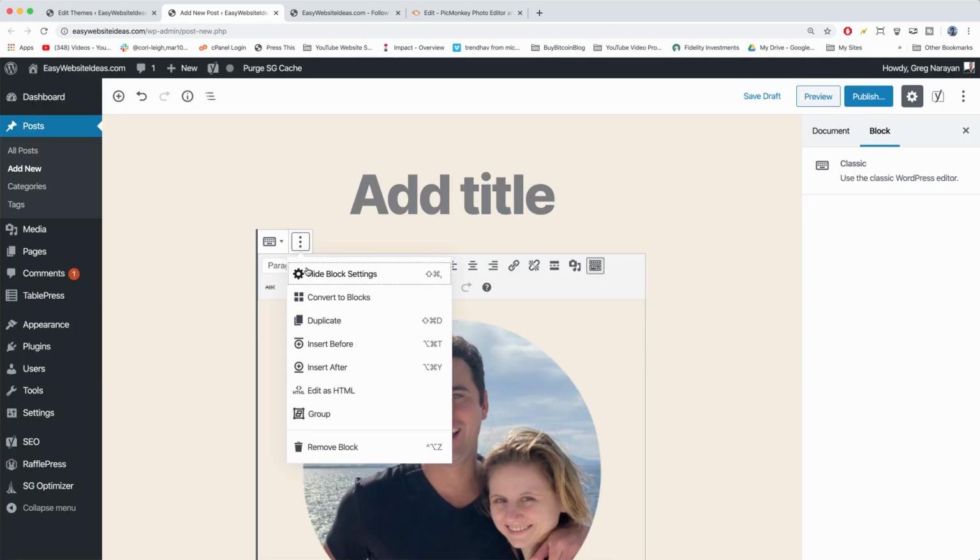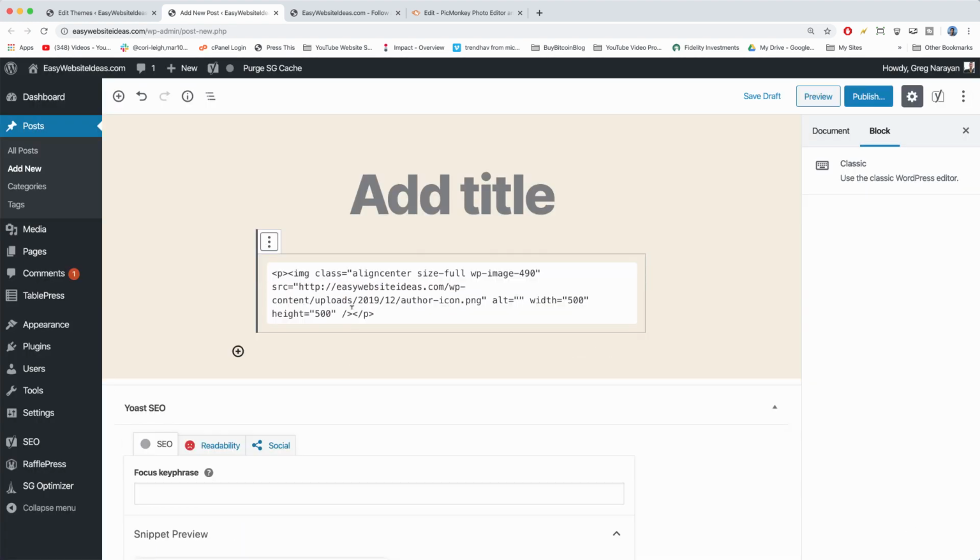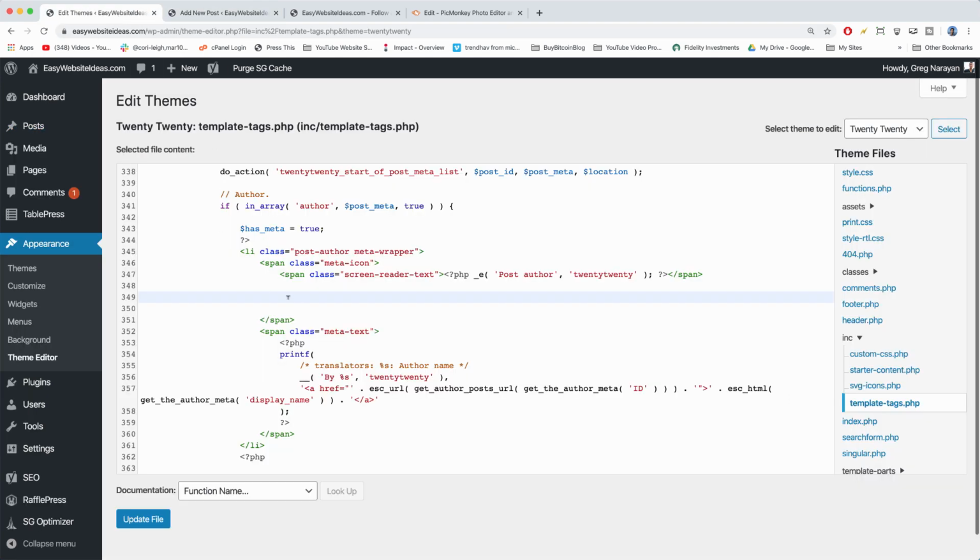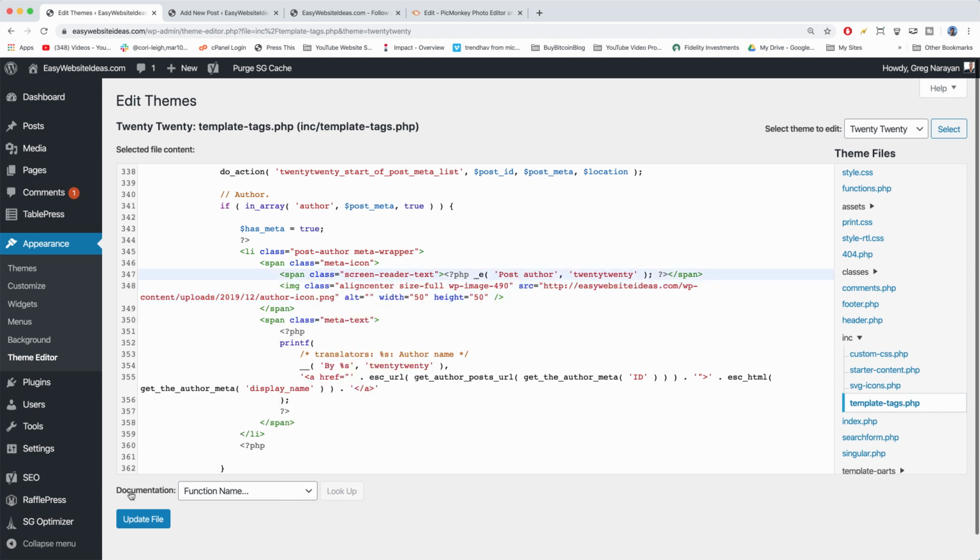And then we're going to click on the 3 dots and go to edit as HTML. And we want to copy this, but we don't want to copy the P tags per paragraph. So get rid of those. Lastly, what I'm going to do is just double click on these 500s, and we're going to make them something a lot smaller, like 50, and 50 for the other one. Alright, now you're ready to highlight all this HTML, copy it, and we're going to go back to our theme editor, and we're just going to paste that in this space we made right here. Awesome, alright, so we'll get rid of that other space at the top just so it's clean, and update,